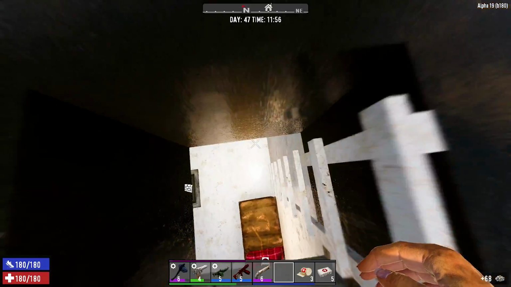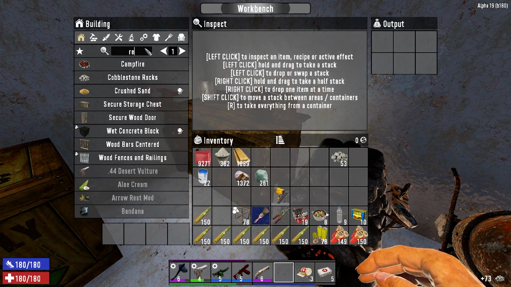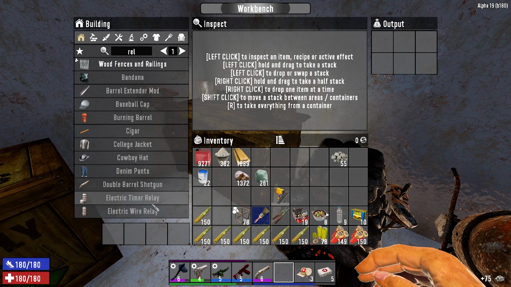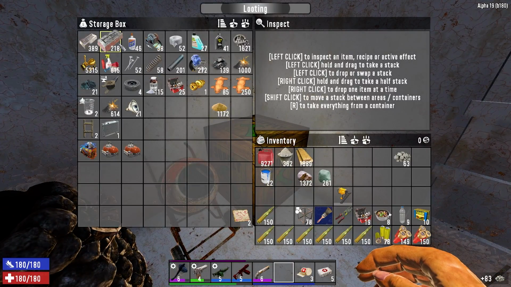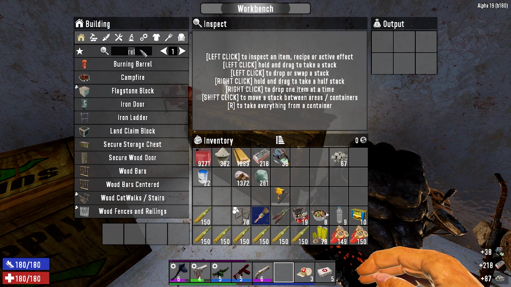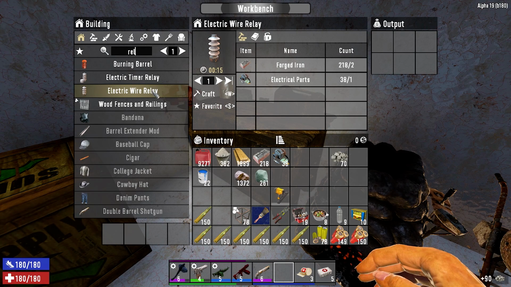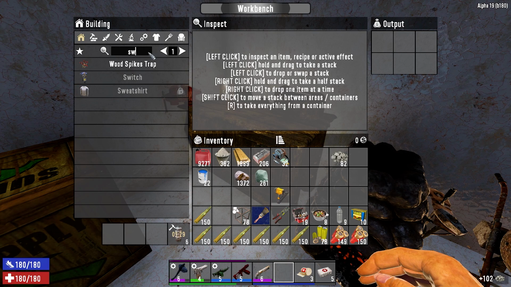All right, I need to make some of those relays. Hopefully I can make them. Relays. Not timing. Electrical wire relay. All right, so forged iron and electrical parts. We're good to go. You like the electrical parts as a little alternator? That's an alternator off a car, if you didn't know that. Electric wire relay. So let's see, I'll do about 6 of those. And then if I can make a switch...